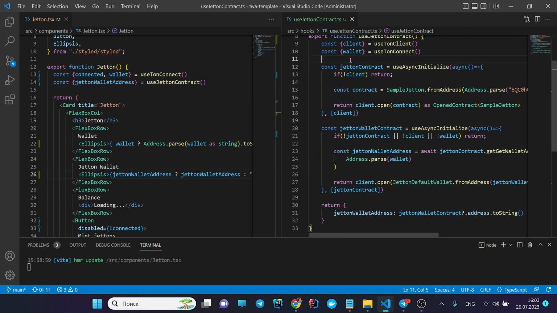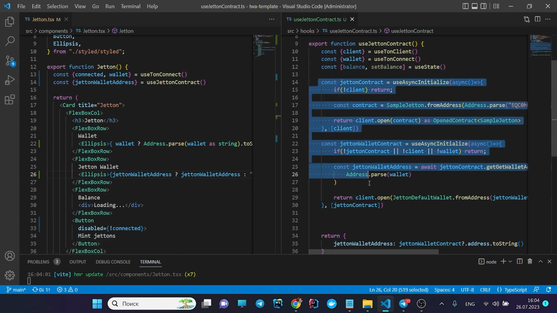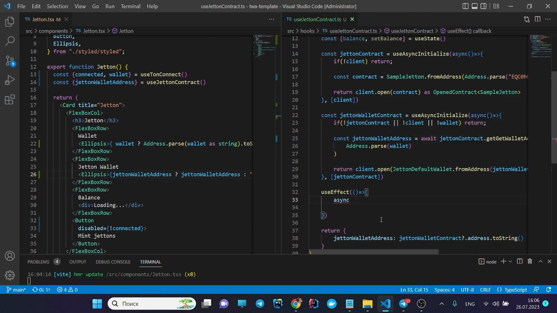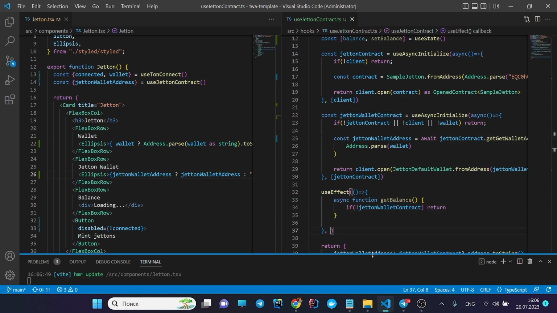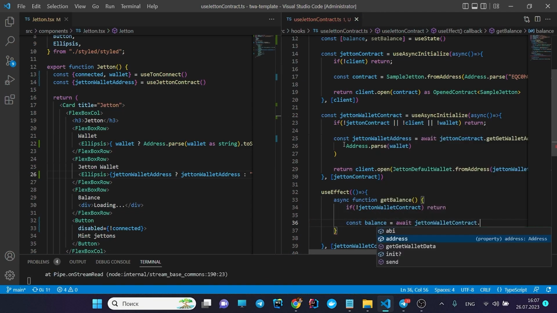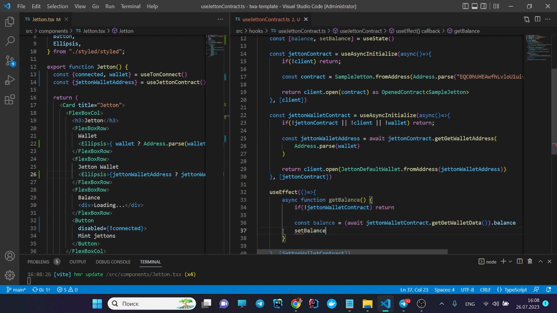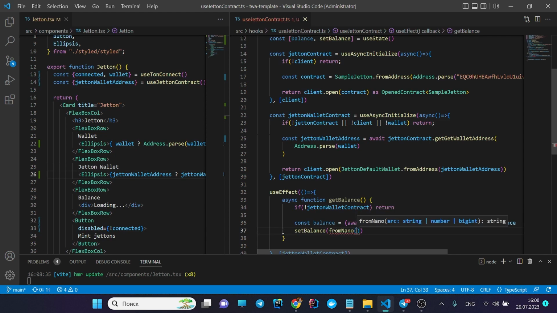I'll create a separate state for this, call it balance, setBalance, and after all the contract initializations, I'll get the balance using useEffect. I'll declare here an asynchronous function, getBalance. Of course, we'll be checking whether our Jeton wallet contract is initialized, put it in the dependencies right away, and get the balance in the following way. Next, we will set our balance, only we also need to convert it from the Nano Toncoin format to readable